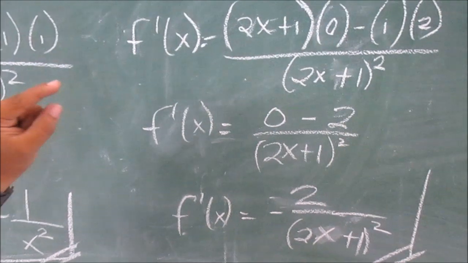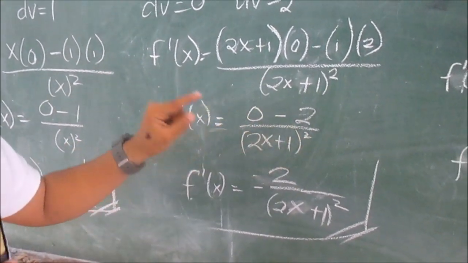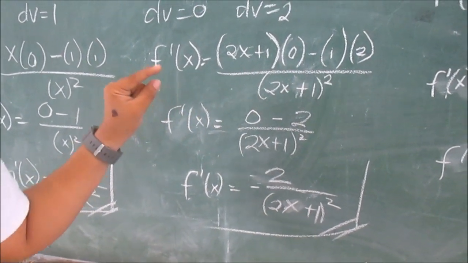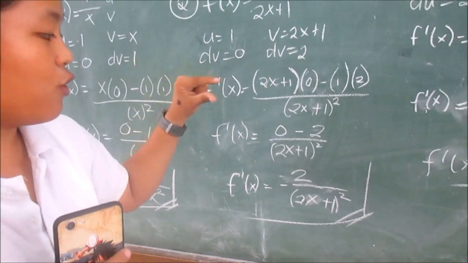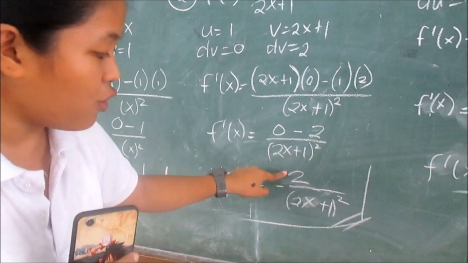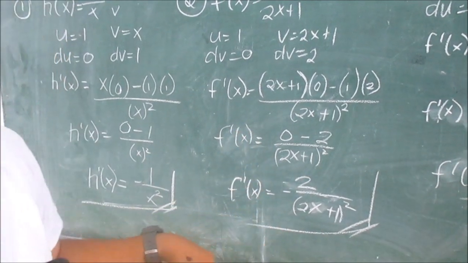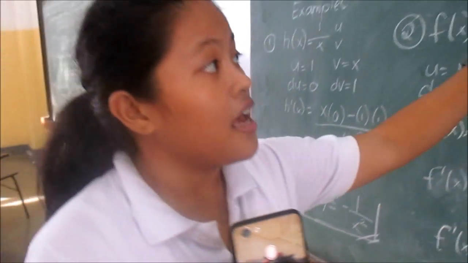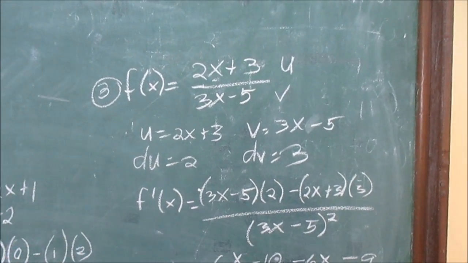So f prime of x is equals to 0 minus 2 over 2x plus 1 squared. So since it is negative, we minus 0 from negative 2, we got f prime of x equals negative 2 over 2x plus 1 squared. So that's the answer. So the next example is f of x is equals to 2x plus 3 over 3x